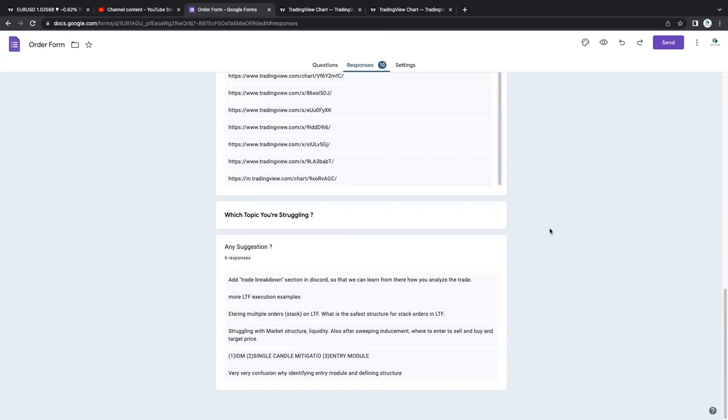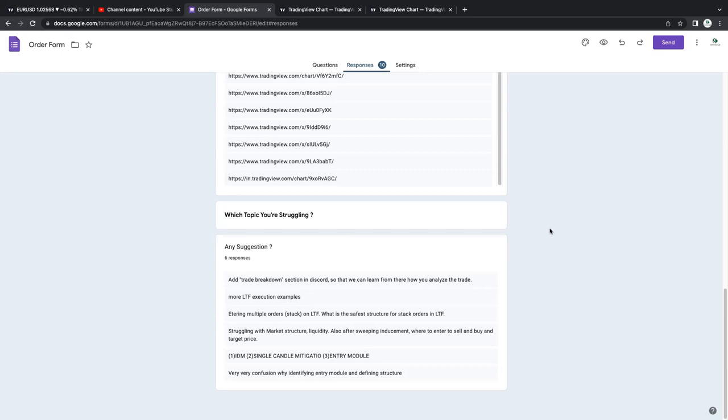And the next suggestion is more lower time frame execution examples. Okay, I will continue to post lower time frame entries like single candle mitigation, and some videos are on the way and I will make them one by one because I don't want to share anything in a hurry. I'm taking a little bit of time to give you some good and better content. So that's why